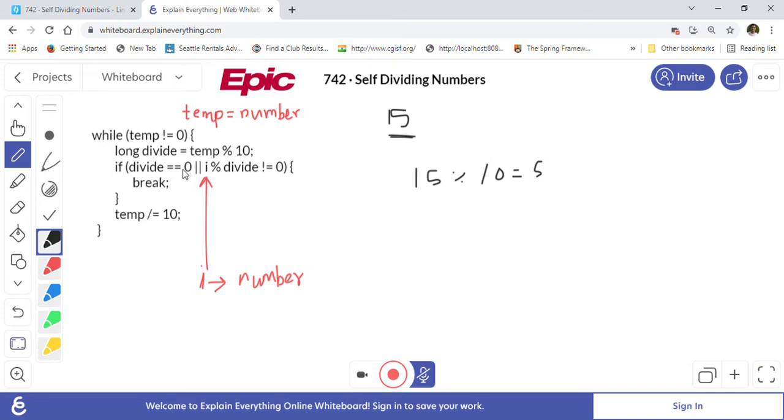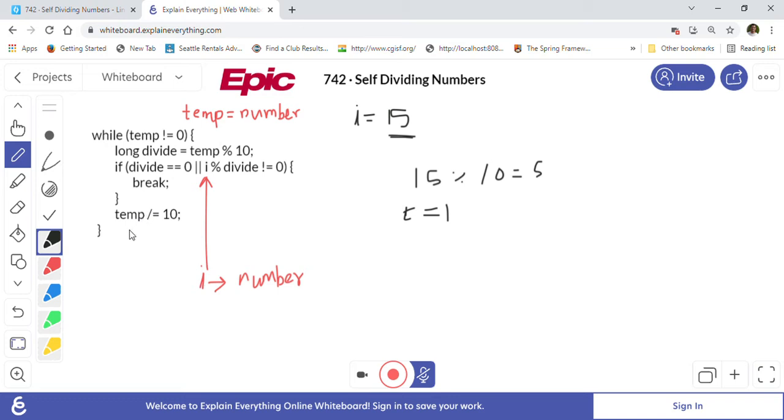The digit is not 0, and I mod digit, where I is the number which is equal to 15, so 15 mod 5 is 0. The remainder is 0, so this condition is not true, and it will calculate temp is equal to temp divided by 10. So temp is 15, so temp will become 15 divided by 10, which is equal to 1.